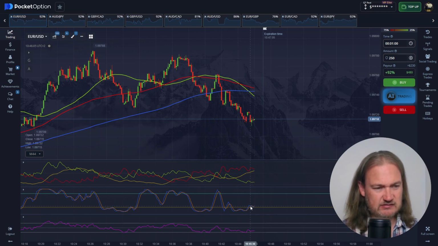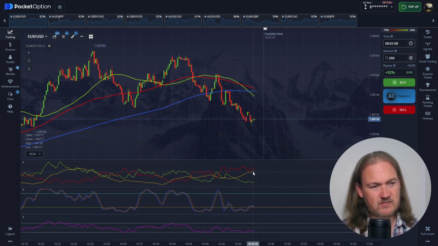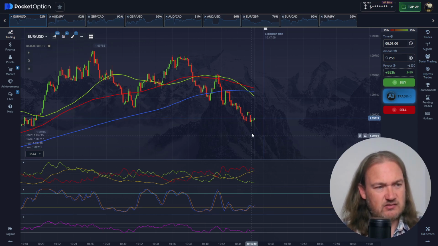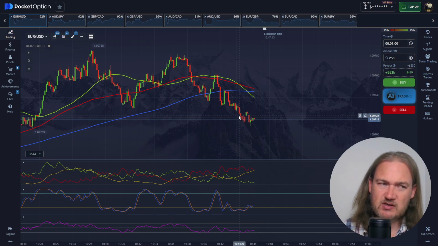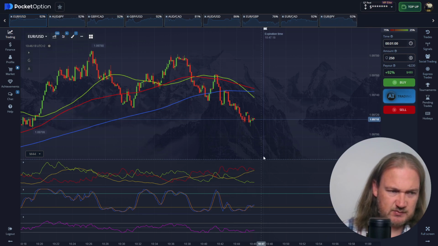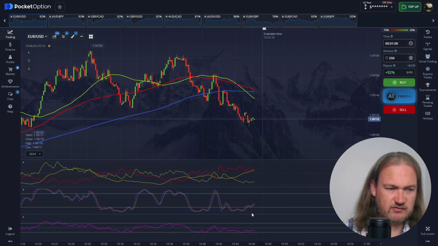Okay, we've got a little stochastic jump here. We've got a very strong ADX though, so the ADX is pushing upwards. It shows me there's momentum behind this move. There's strength in the trend. So I'm just going to be patient and see if I do get